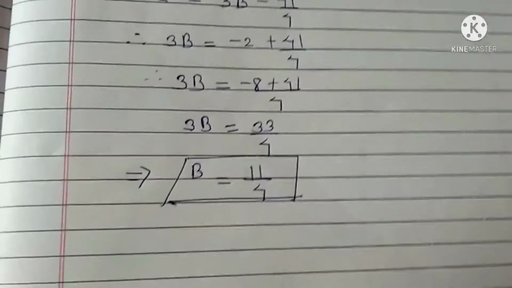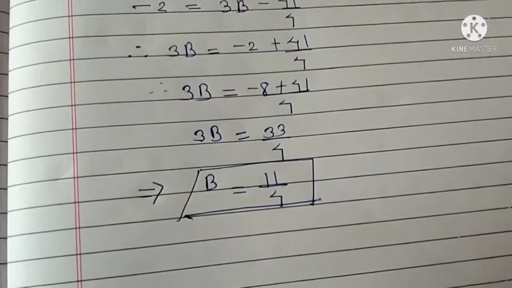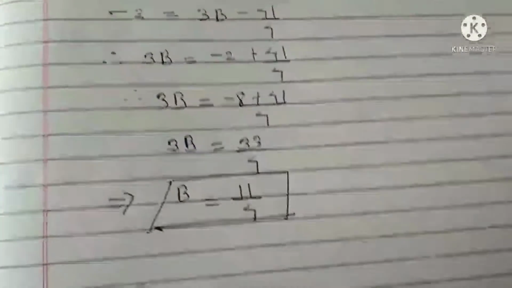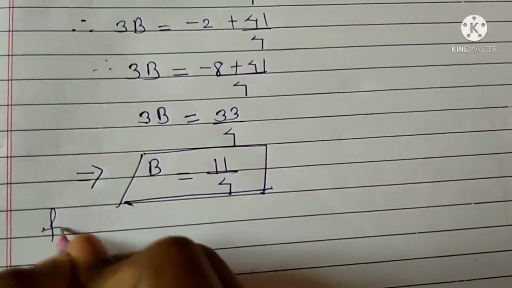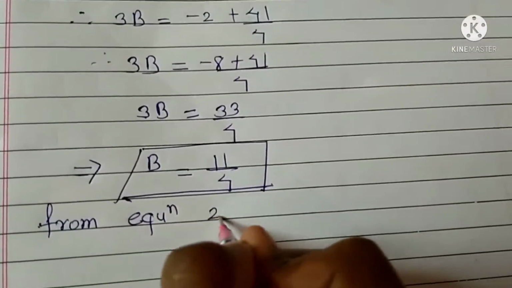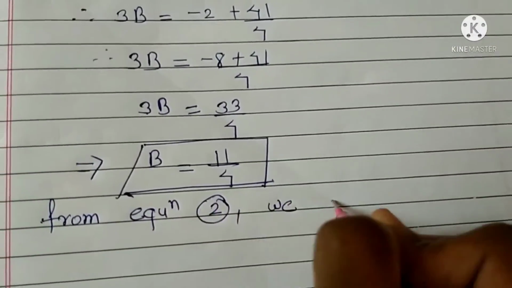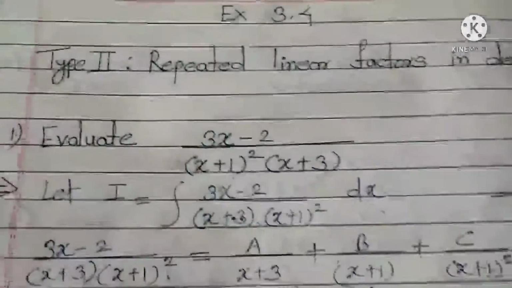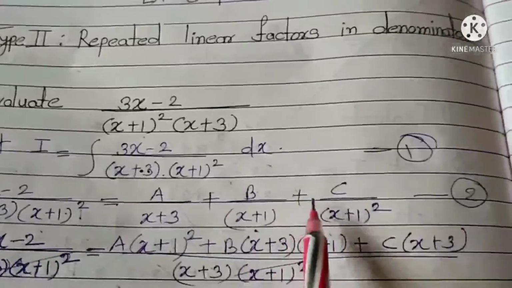Now put all the values of A, B, C in equation 2. So from equation 2 we get, this is our equation 2. Now put the values of A, B, C in this equation. So therefore